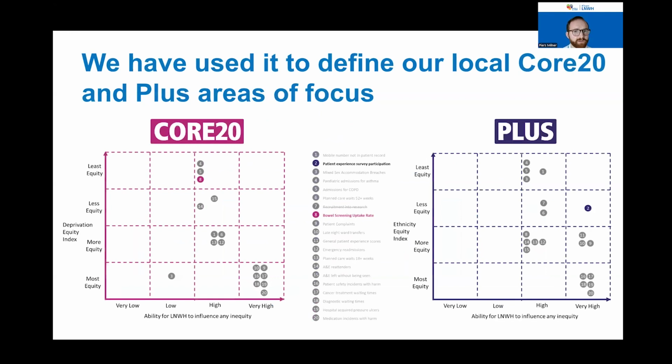And how we've used the equity index. When we're defining our local core 20 or local plus groups, we've used the equity index to help this prioritization process. You can see on the y-axis we've got the equity index, and on the x-axis our ability to influence any inequity. This allows us to choose the areas of local focus that have the highest levels of inequity, but also the highest level of influence over, and prioritize those in our program. If we go to the next slide,